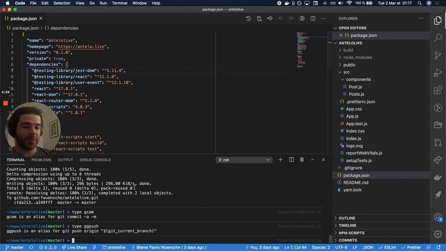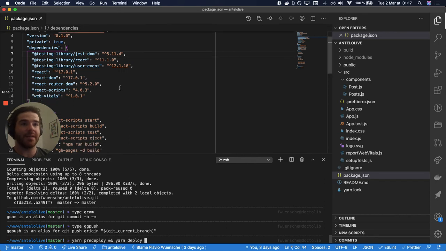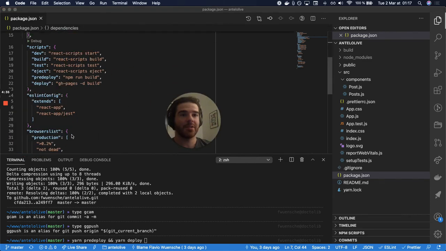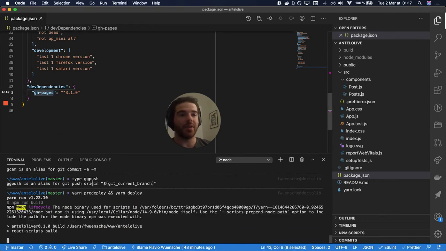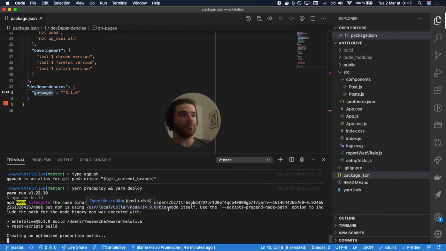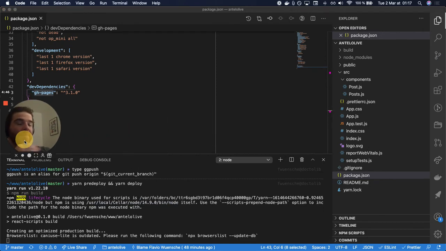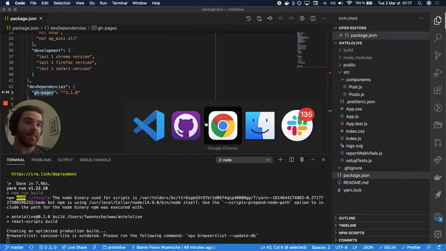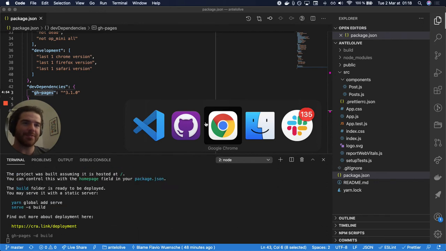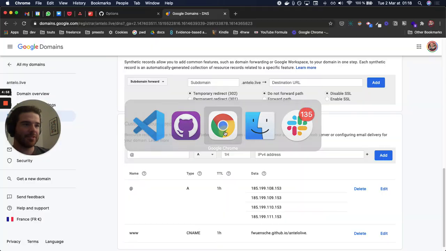But okay, just push this, and we're gonna need to use the two scripts provided by the GitHub Pages package, which is here as a dev dependency, and it's gonna deploy the application to GitHub. I explained it better in the previous video. If you want some more information, look at the Live 3. It's good to have numbers. It's easier to reference the video. I like it. So it's deploying.